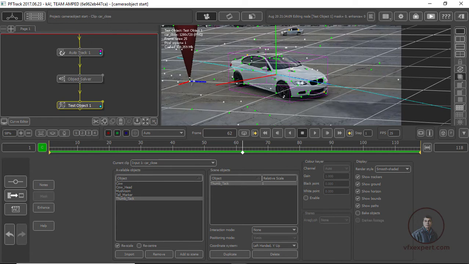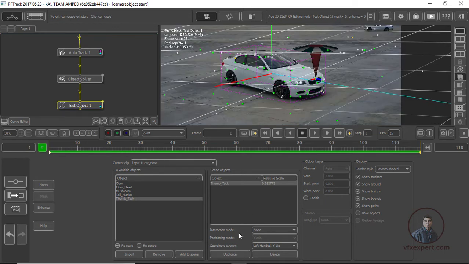Now we have to move our object near to our object's point. Now simply click on interaction mode, then select place at selected feature, then select your car points. Now you can select any point which is located on the car or object, then select this one. Now this object is placed on this point. Now if you want to resize, then simply click on scale and you can adjust your scale. I think this is sufficient.